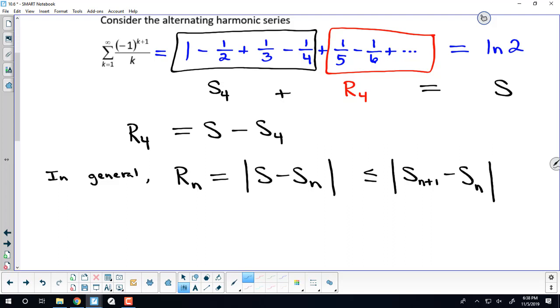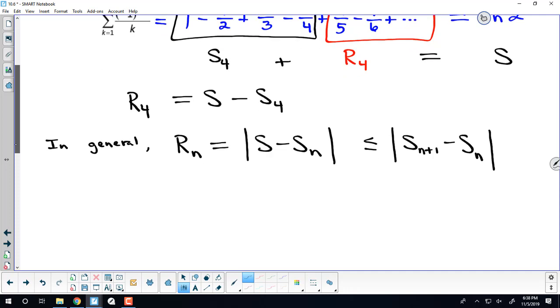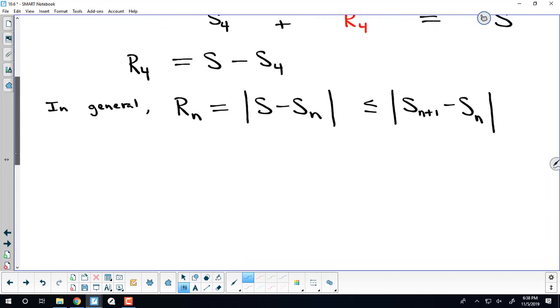However, this s sub n plus 1 minus s sub n is equivalent to what? If I took the n plus 1 partial sum and subtracted off the nth partial sum, what would I get? Value of n plus 1, or